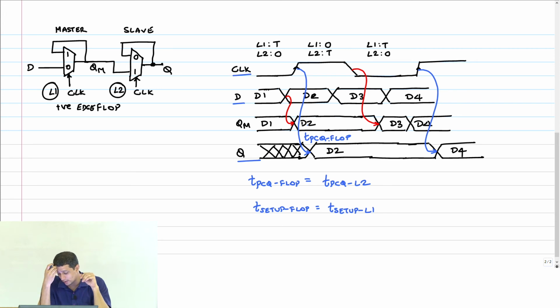So now you just look at it, okay? What is the setup time of the flop? Basically, the data has to change before that sampling edge, right? What is the sampling edge? It's basically this positive edge here. Which flop is sampling the data there, or which latch is sampling the data? It is L1. See, L1 is transparent here. Then L1 is becoming opaque. Now L1 is sampling the data and holding it. Why TPDQ?